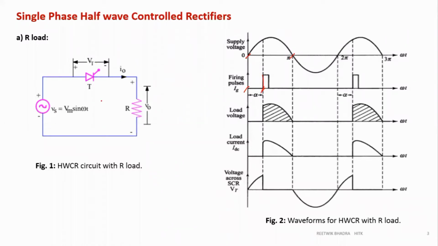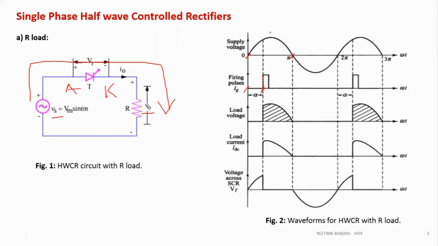Now, in the positive half cycle, what happens? You can see this polarity is maintained, positive, negative. Plus is connected to the anode, and this is your cathode. So plus connected to anode means the PN junction will be forward biased. The thyristor turns on. So current flows from this direction to the load. If you apply KVL, what you will get? Vs is equal to V naught. I'm considering Vt as 0 because it is ideal.